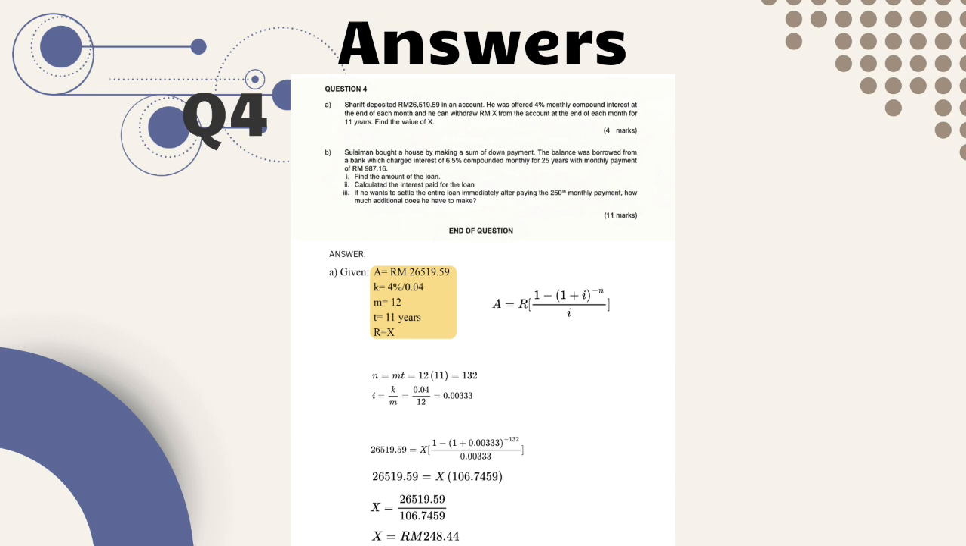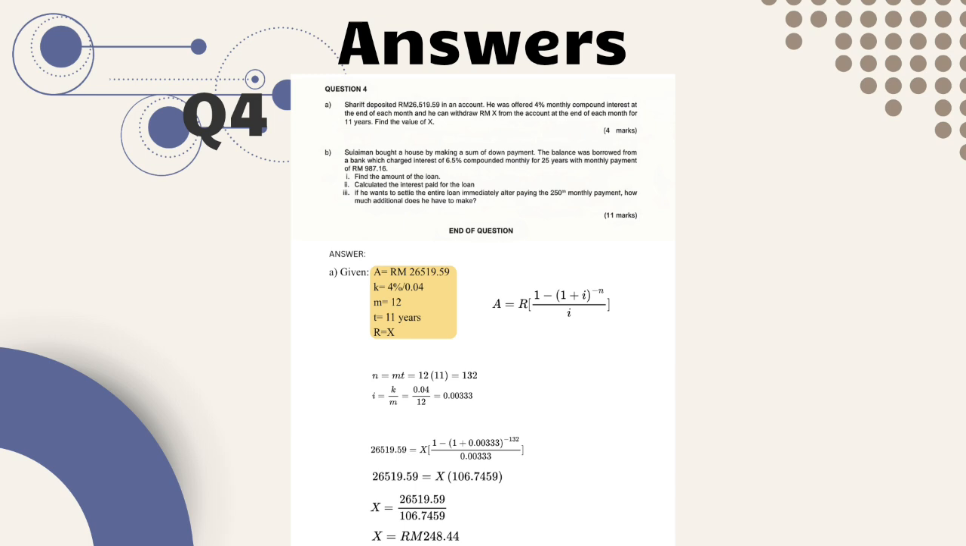The formula to use for this question is A equal to R bracket 1 minus bracket 1 plus I, the power of negative n, per I. The formula to find the value of n is M times T equal to 12 times 11 equal to 132. Next, I equal to K divided by M equal to 0.04 divided by 12 equal